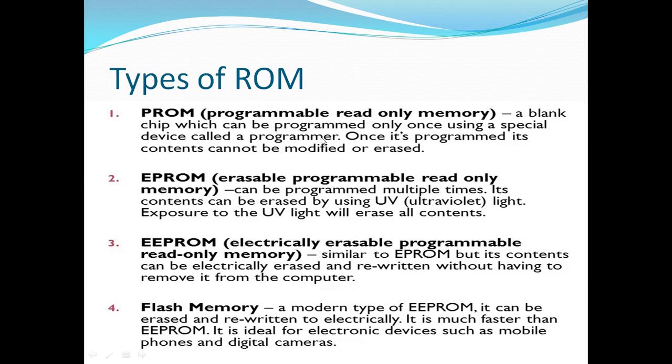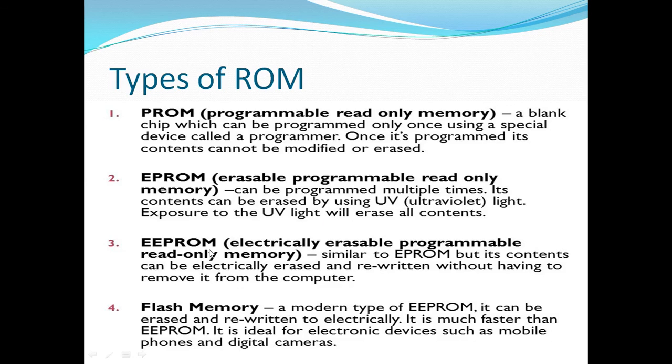Now ROM, the next part of primary memory. ROM is further divided into PROM, EPROM, EEPROM, and flash memory. Flash memory is also known as flash EEPROM. PROM is programmable ROM, that means once programmed, we can't modify or erase the content. Second is EPROM, erasable programmable ROM, where we can erase the data using UV light. But there is a drawback: it takes around 20 minutes to erase the data, and it completely removes all the data. That means it fully erases the memory.